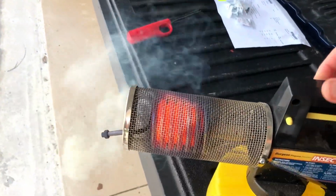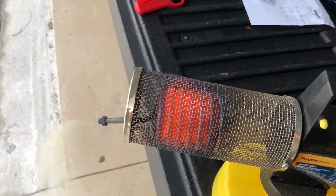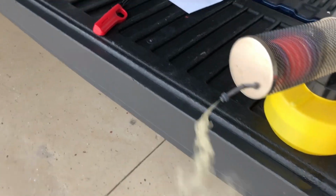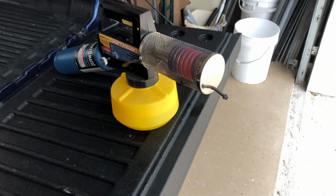You see that it's starting to glow red. I'm going to go ahead and shut her down. It's too windy right now to spray. Plus it's getting ready to rain. So those are my 3 yard defenses. As far as personal,